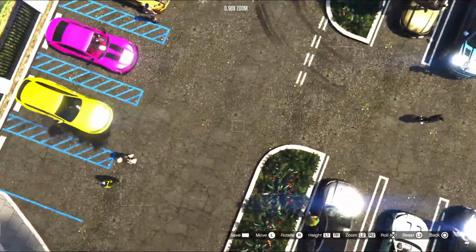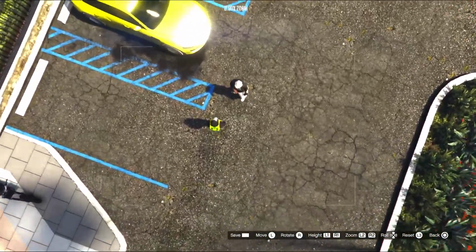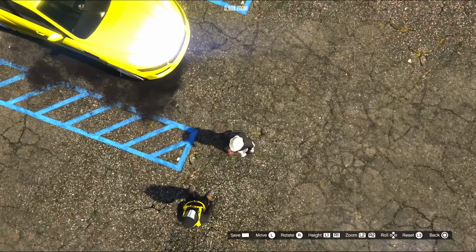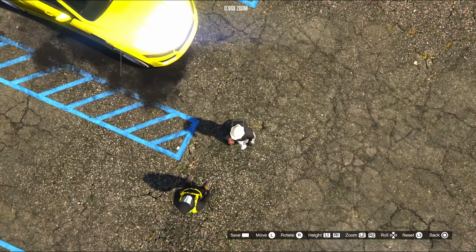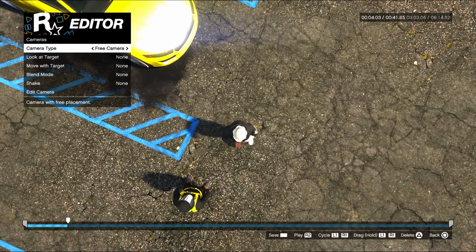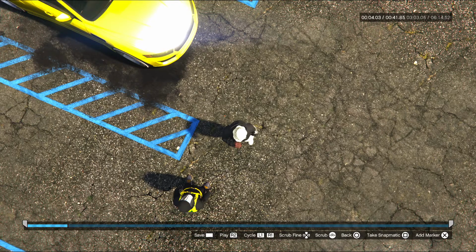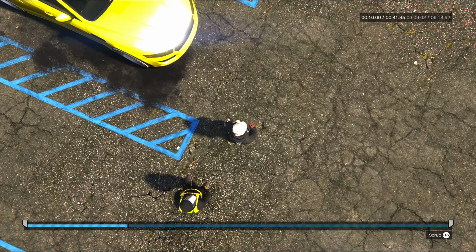I'll just do it right here. Pretend this dude is the car spinning. So you'd take the camera. Well, actually, your best way of doing it is probably to go ahead and go to the end of